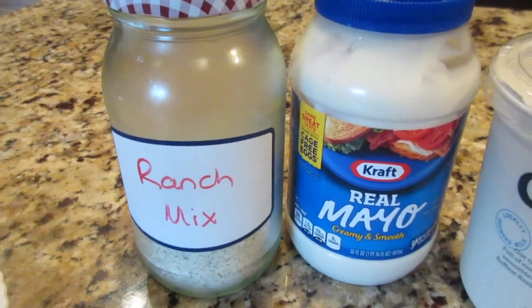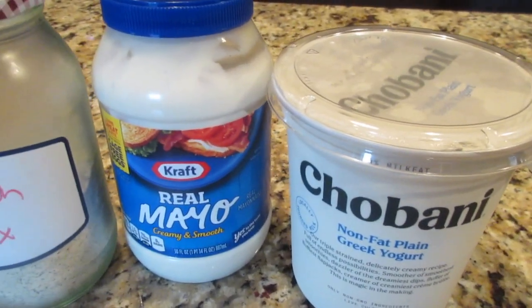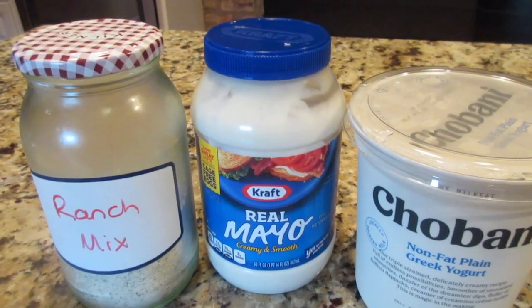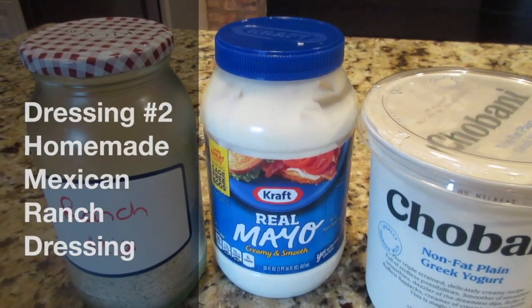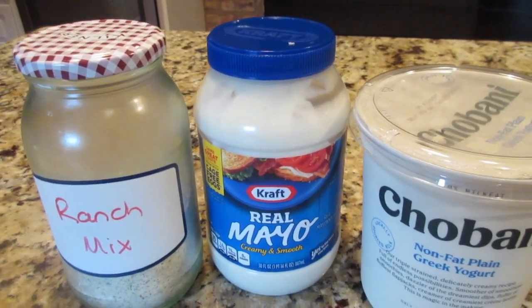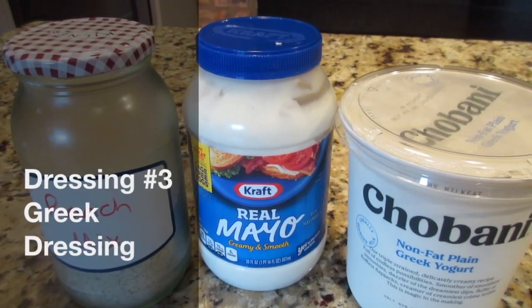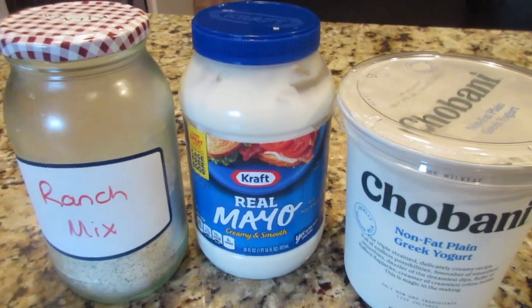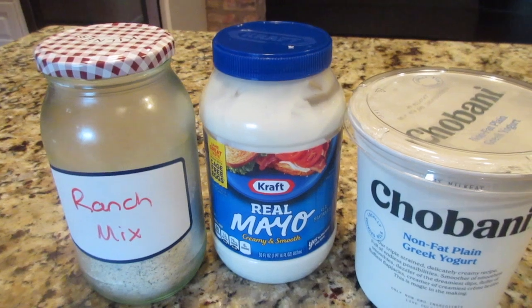So you just mix up ranch seasoning mix, mayonnaise, and some yogurt and some milk, and it'll make a quick and easy ranch. If I have Mexican food, I add lime and cumin, and that gives you another variety. If I do Greek, I usually take tzatziki sauce and thin it down with milk, yogurt, or buttermilk. So those are a couple of different kinds of dressings that you can make at home to go on your